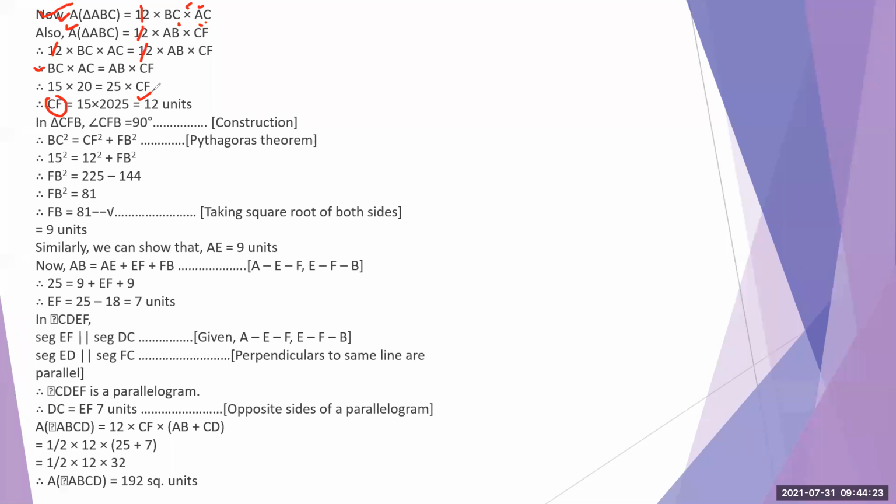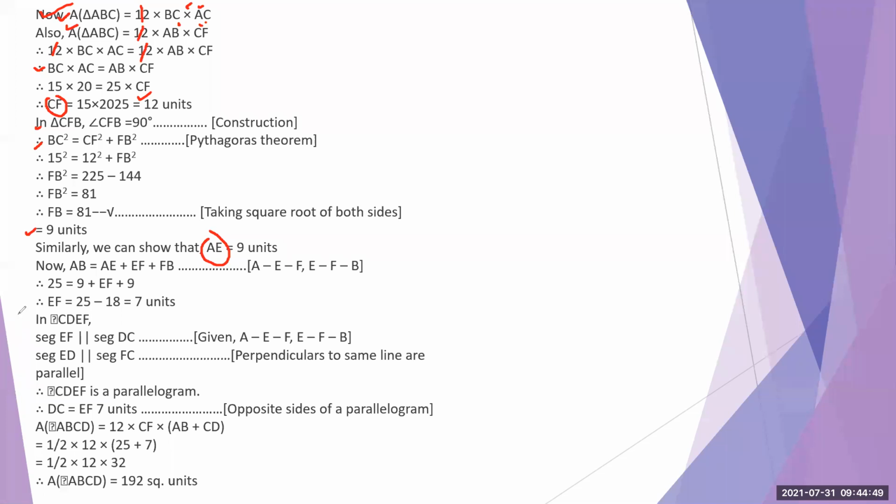अब आपको क्या चाहिए? The above line DC चाहिए था आपको. तो DC के लिए अब क्या किया हमने? Again एक triangle consider किया, वहां से हमने BC square is equal to CF square plus FB square. Accordingly we have found the value of FB, right? Similarly, since both are equal, it is on the same line, we get AE is also equal to FB, which is equal to 9 units only.